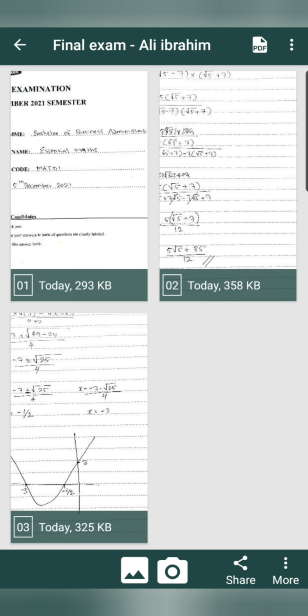When you scan your final exam paper, there might be more than 4 or 5 pages, so make sure that you have added all the pages. And if you have scanned this final exam paper and the pages are not in order, you can drag and move the pages.